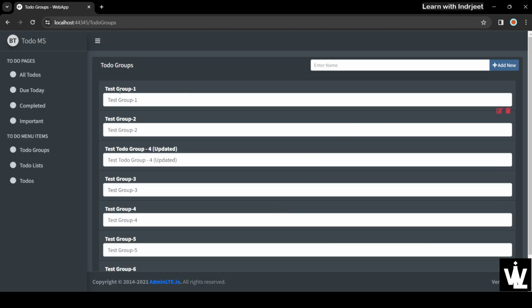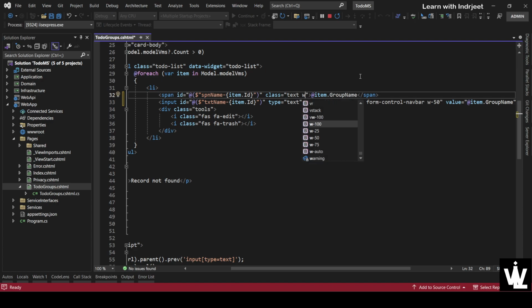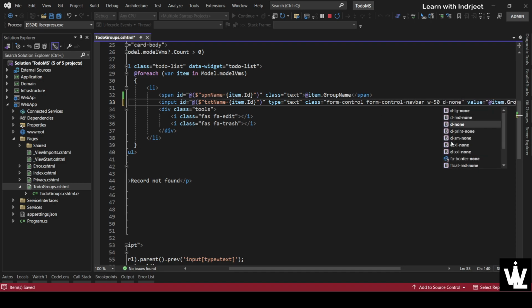Okay, so now we have the span and the input box to edit. Let's give it a width of 50%, and this also should be a width of 50% always. Let it be as is. Okay, so initially this input box would be hidden, so d-none. Okay,